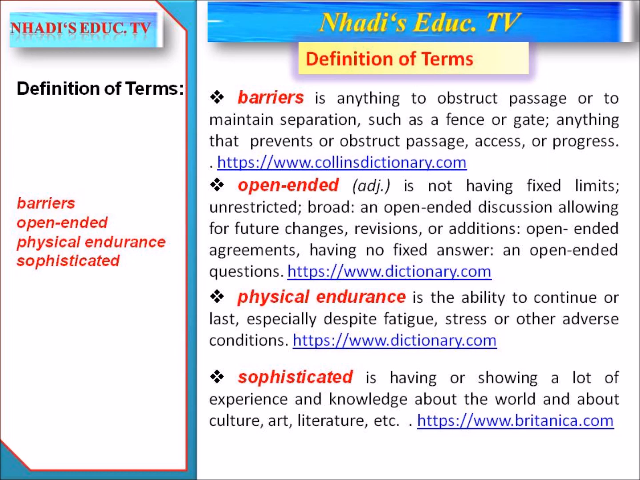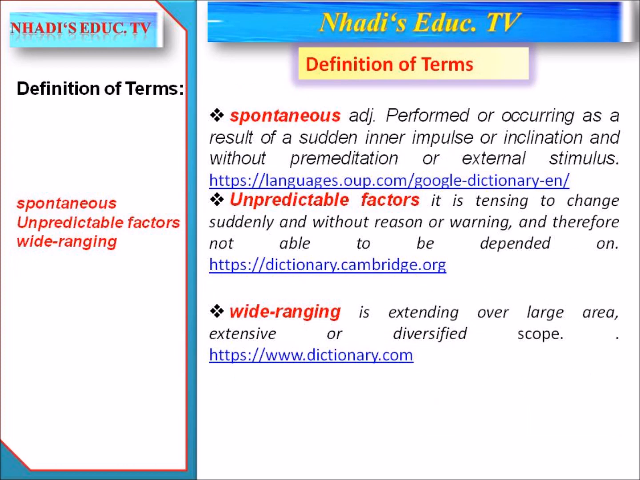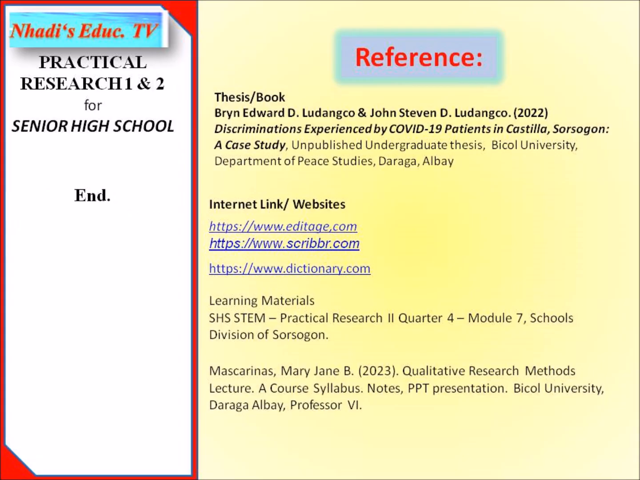For the definition of terms, we have barriers, open-ended, physical endurance, sophisticated. Another three terms for definition of terms are spontaneous, unpredictable factors, and wide-ranging. So that ends our lesson, and the reference for this material is taken from the books of Brian